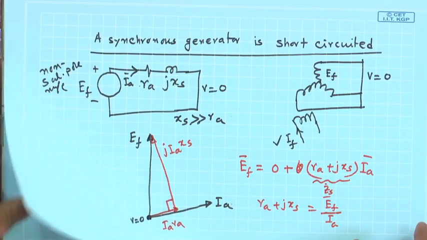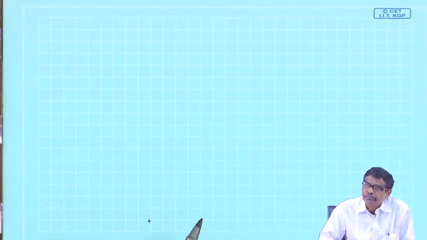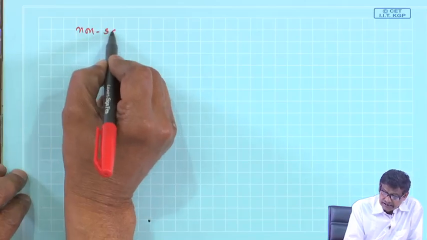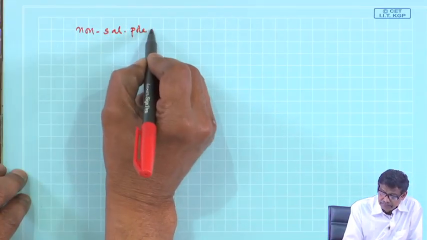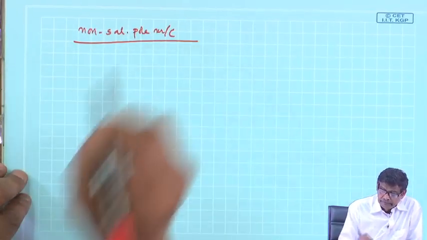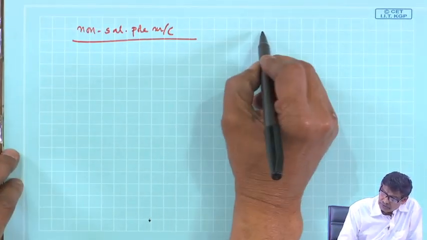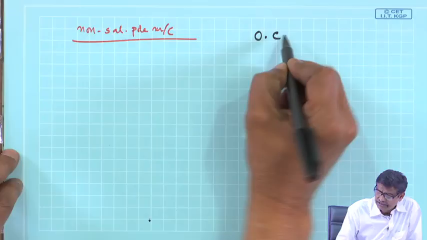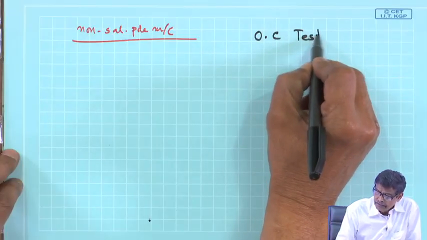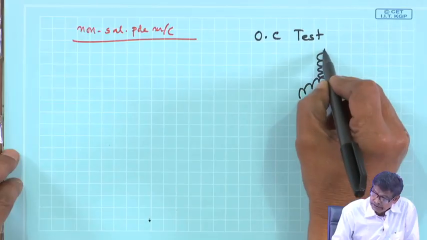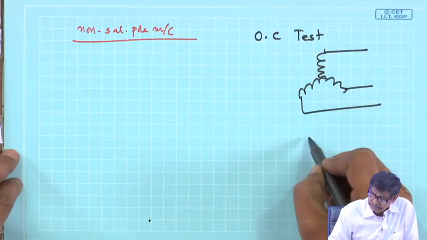But the only thing I would like to say is that, although I have not told, I have always assumed XS to remain constant. Non-salient pole machine, I am telling non-salient pole machine. Two tests are generally done. Open circuit test: what is done in the open circuit test is this: you have this generator,